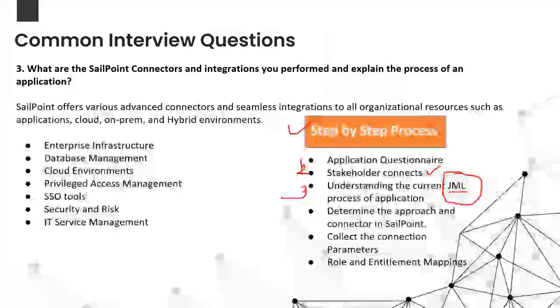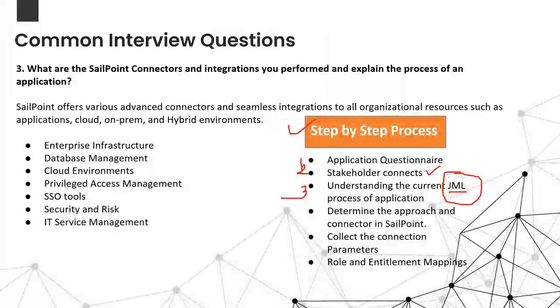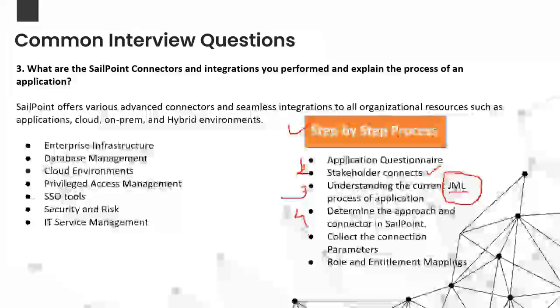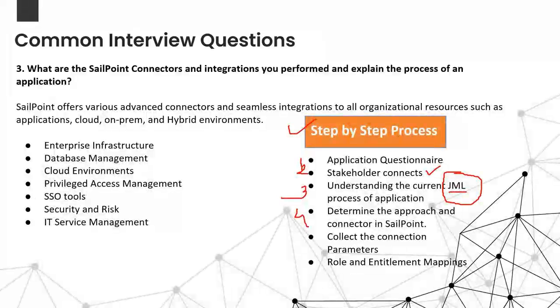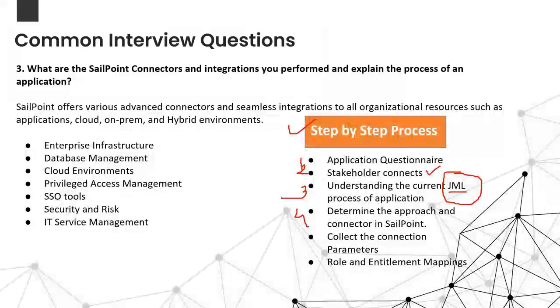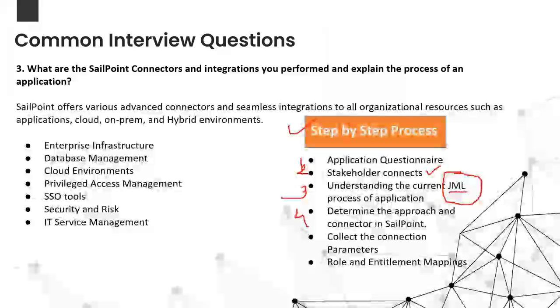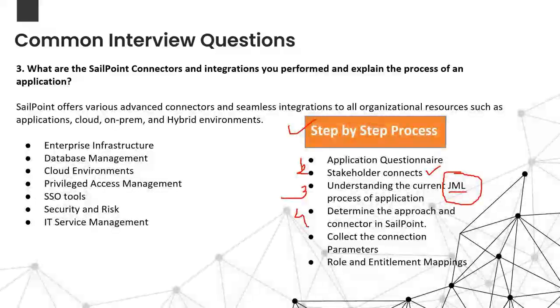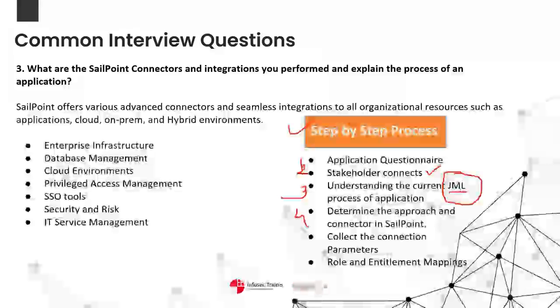Okay, next, determining the approach. What is a fitment? The fourth point is determining the approach of the connector, like what connector you're going to choose for this particular application. Connector is a technical term. Application or connector, there's a slight difference. In business knowledge, we call it an application, but in technical terms, an application can also be called a connector. When you want to technically integrate it with other systems, we call it a connector, with the help of the list of connectors we just saw. So that is determining the connector.